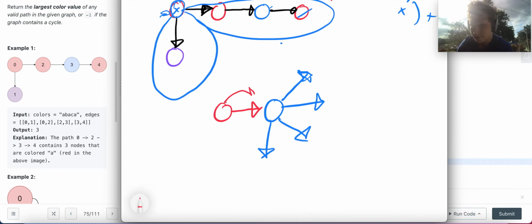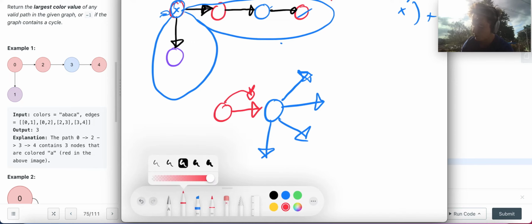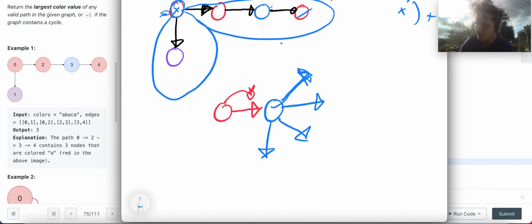When this node asks, hey, what's the best red path? What's the best blue path? What's the best green path? This blue node can respond and say, well, my best blue path is down here, and my best red path is down here, and my best orange path is down here, right? They don't necessarily use the same paths,